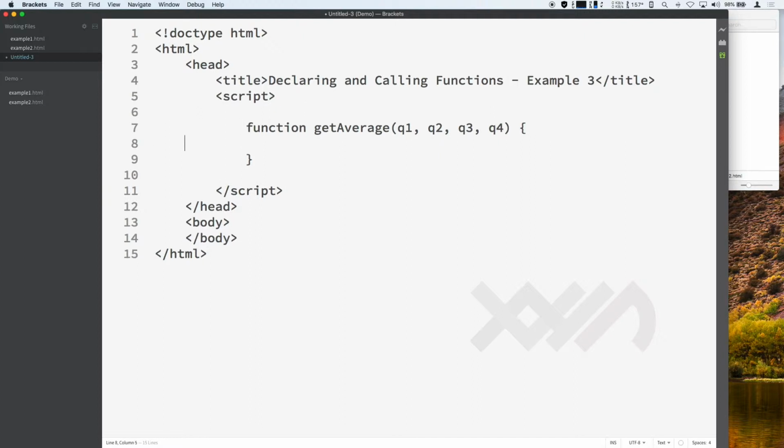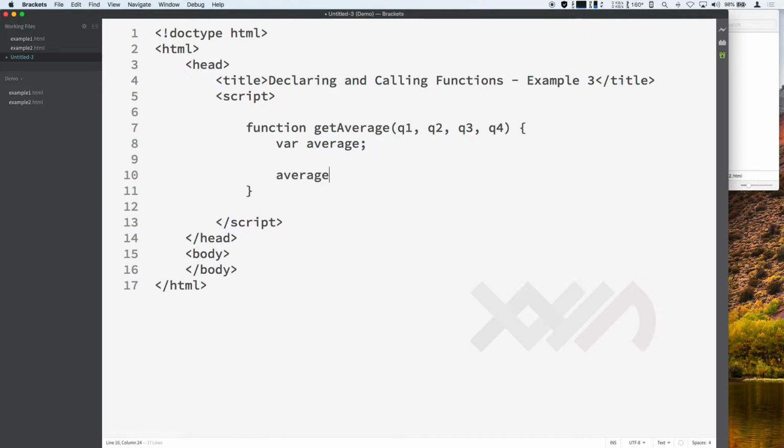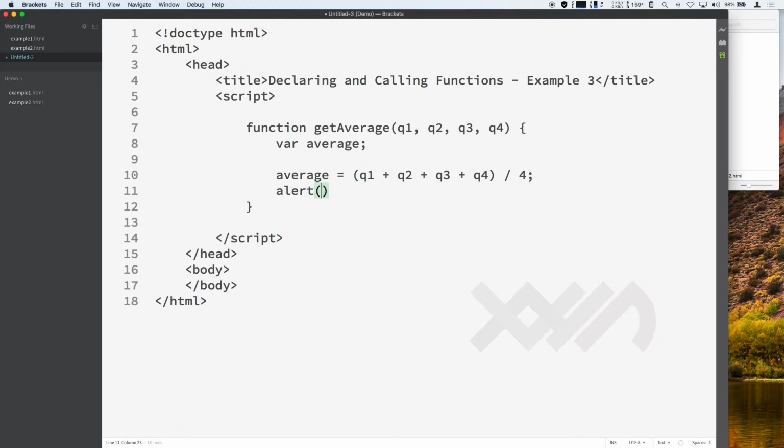Next, what I want to do is declare a variable here called average, and I want to use that to contain the average of these, let's say, 4 quiz scores. Average is